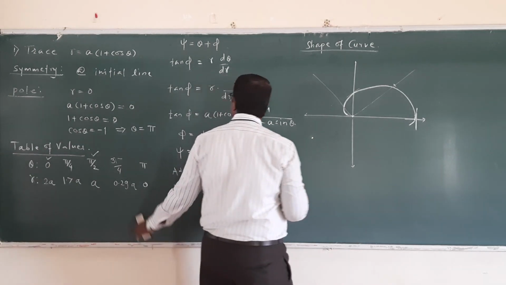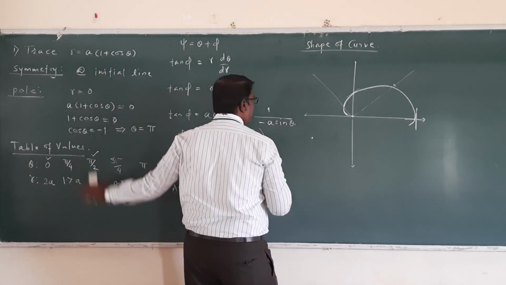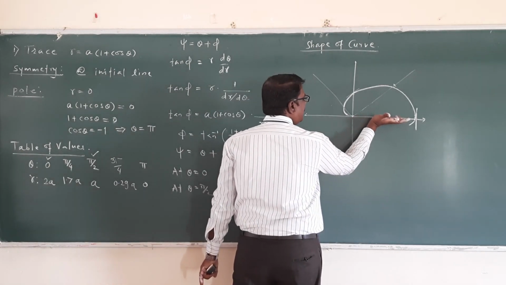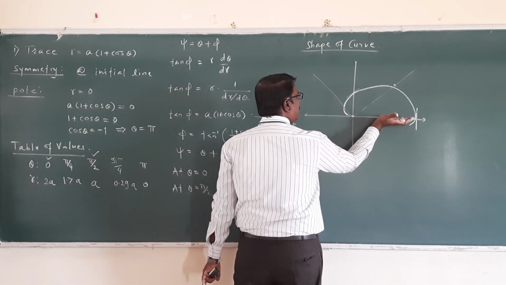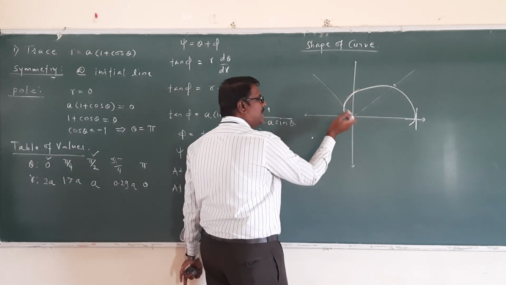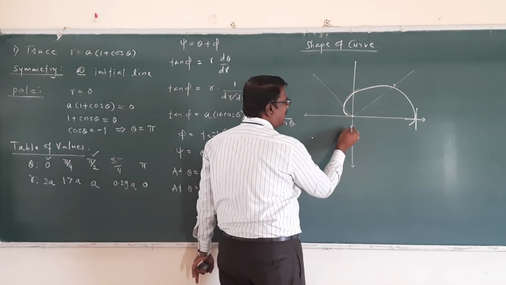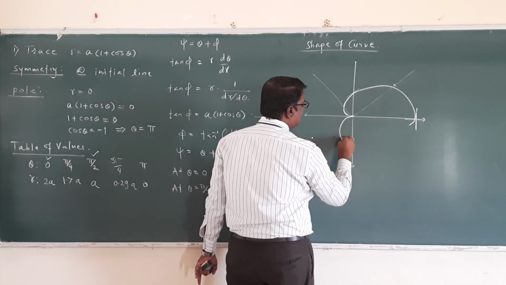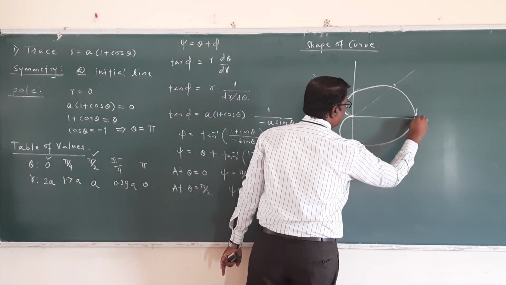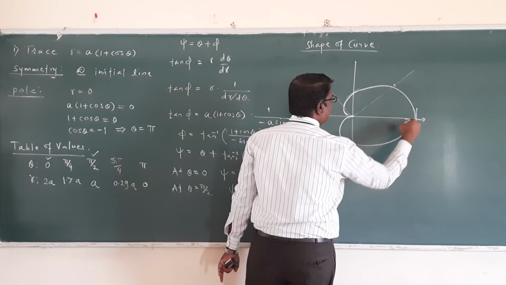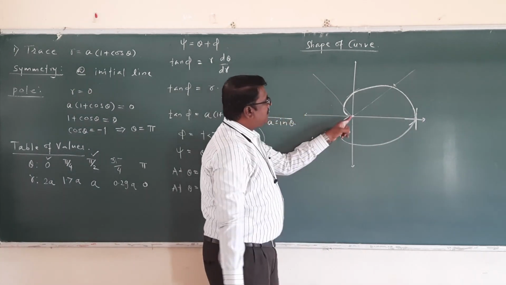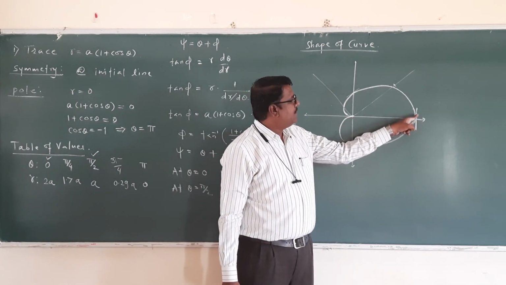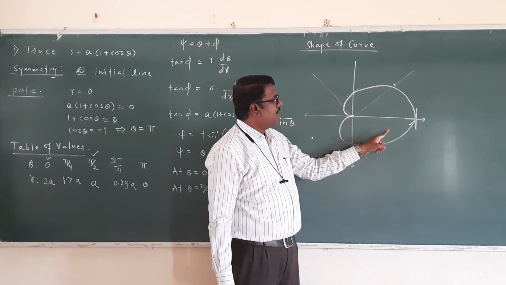But as the curve is symmetric about the initial line, whatever curve we have drawn above the initial line, the same it will be below the initial line. So the shape will be like this. Okay. So this is the initial line and this is the shape of the given curve, and such curve